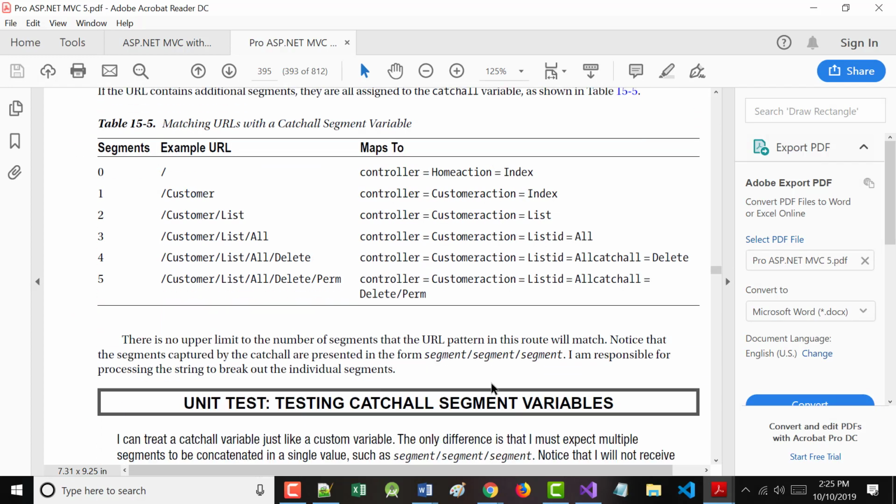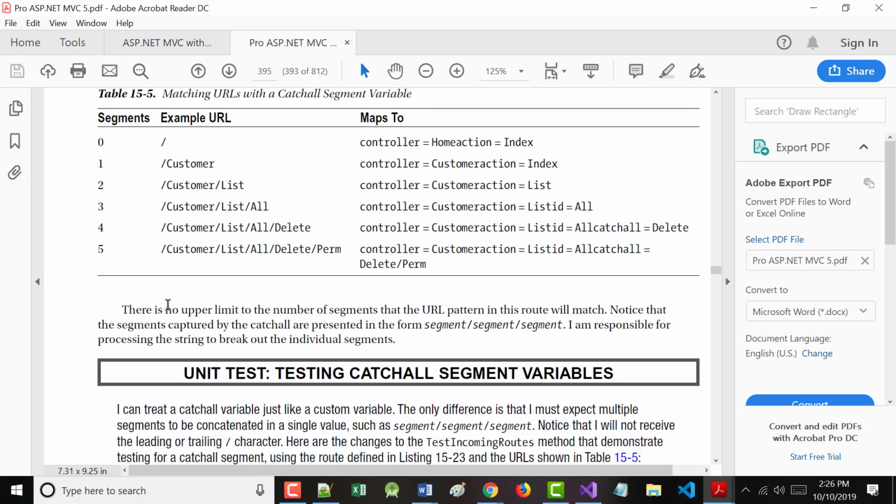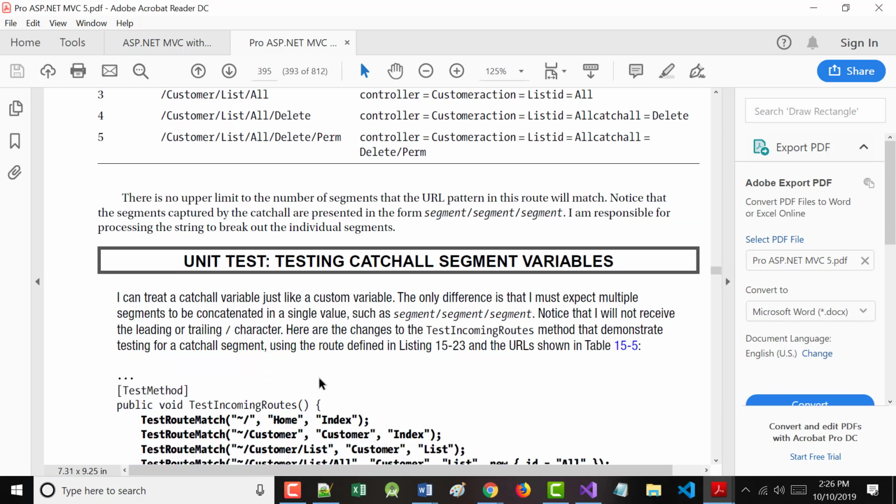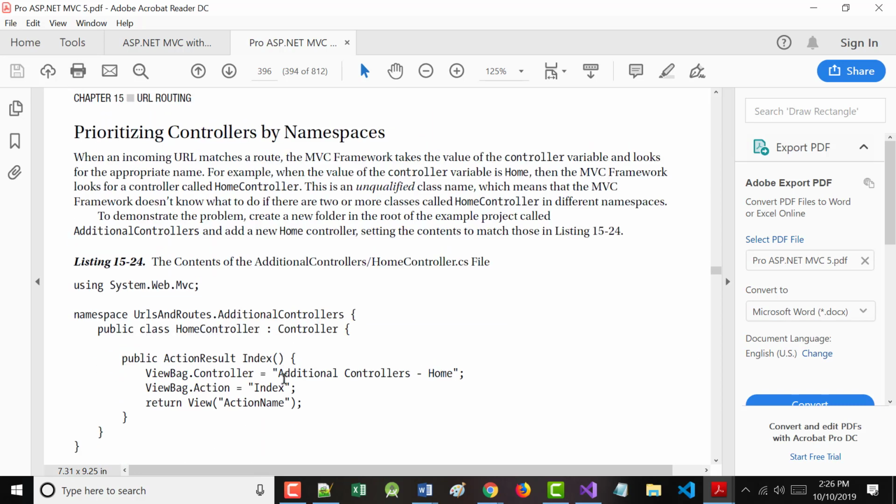So all of these will work. In fact, he could have just kept going, as he shows here on 394. He could have just kept adding more and more, or 395. He could have just kept adding more and more. So you could have as many parameters here as you want. Another unit test then on the bottom, jumping up to the next page onto 396, prioritizing controllers by